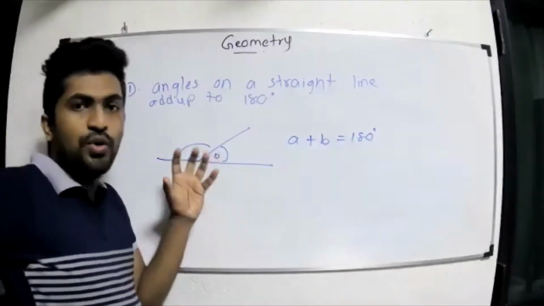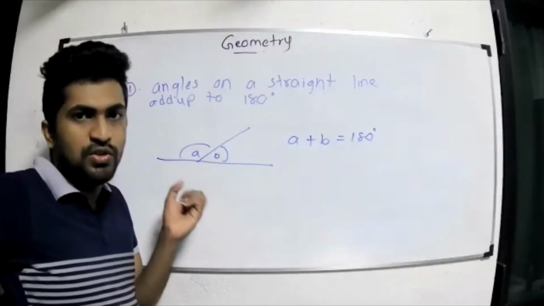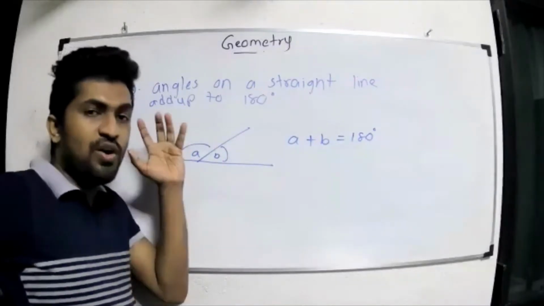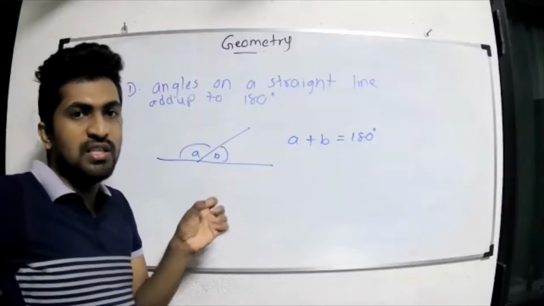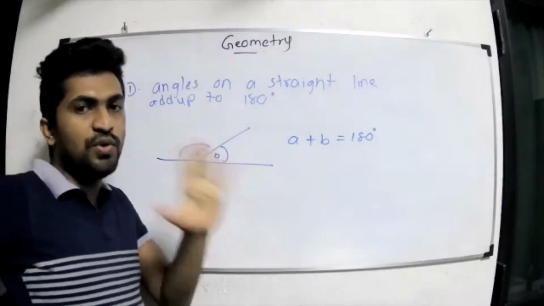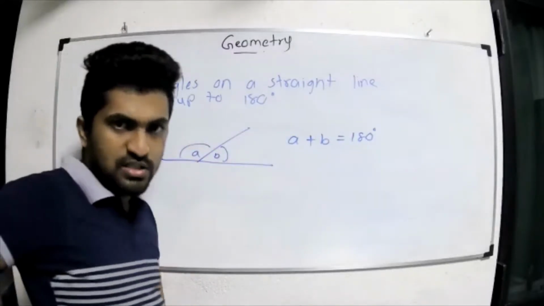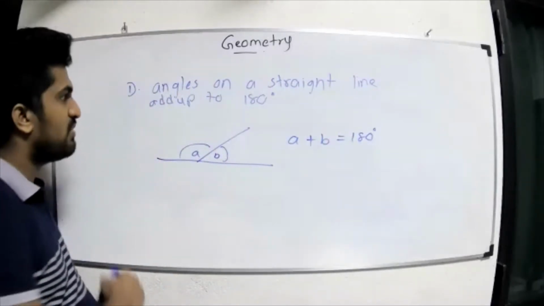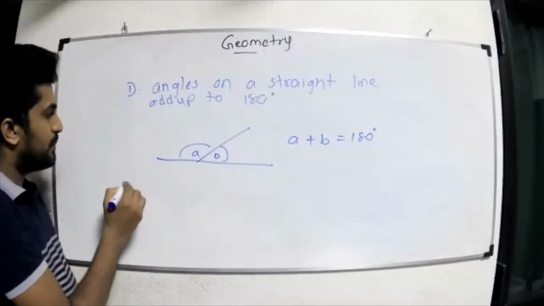If you can sort out all the geometrical theorems in your syllabus, meaning not a particular grade but all the geometrical theorems you have learned from grade 7 to 11, then this geometry part is easy for you. So keep that in your mind. This is the first geometrical theorem: angles on a straight line add up to 180.